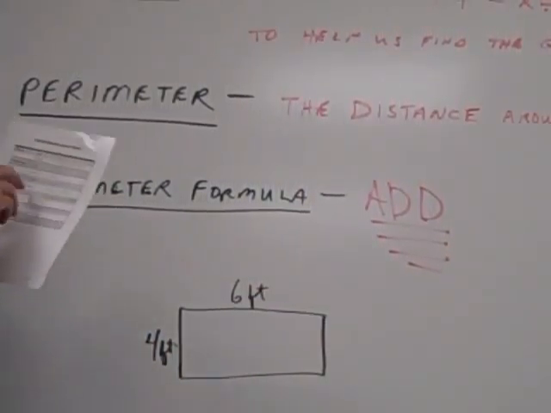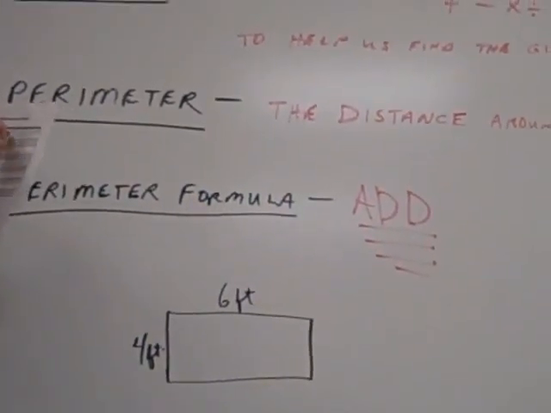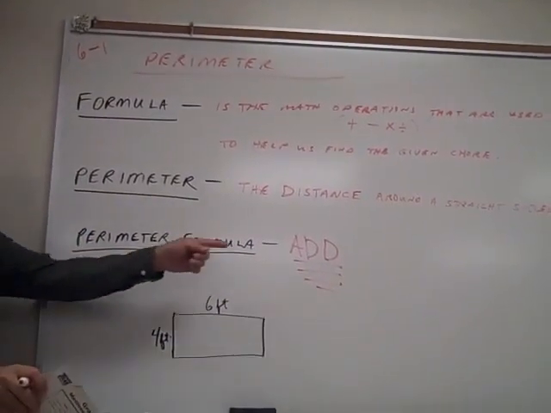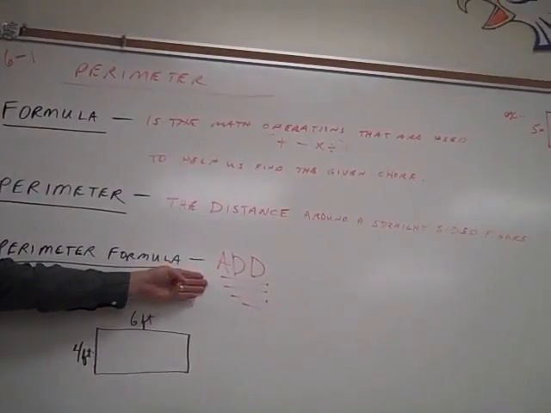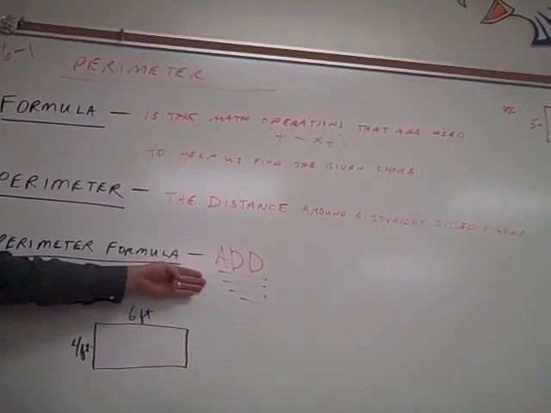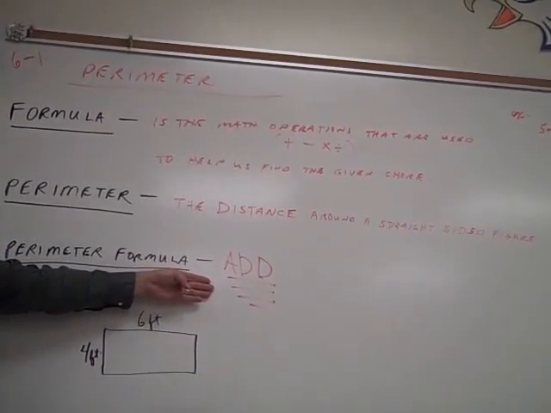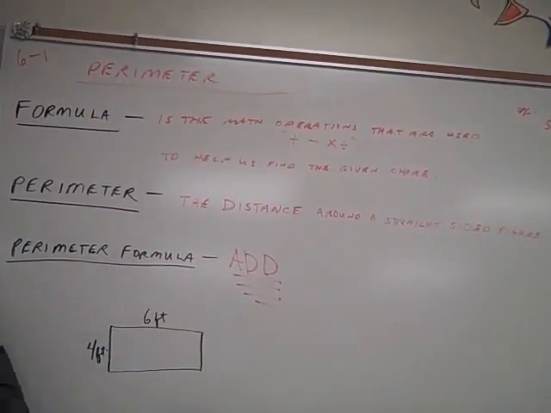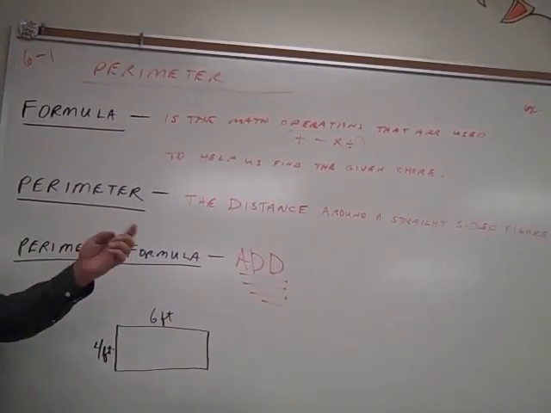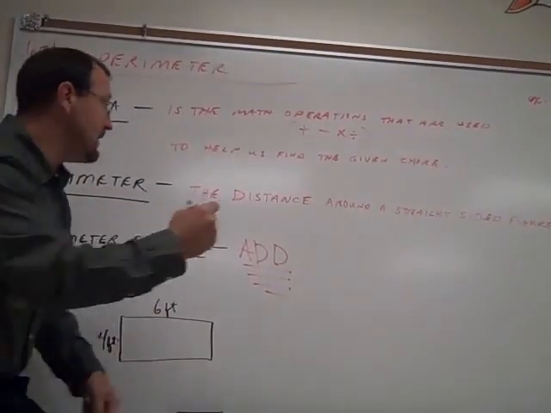See, this one up here says perimeter of a square, do this. Perimeter of a rectangle, do this, or you could do this. Why don't they just write this on there? Because it works on every stinking one. Add all the sides and everything's cool. You don't have to remember 3 or 4 different formulas. On perimeter, just add